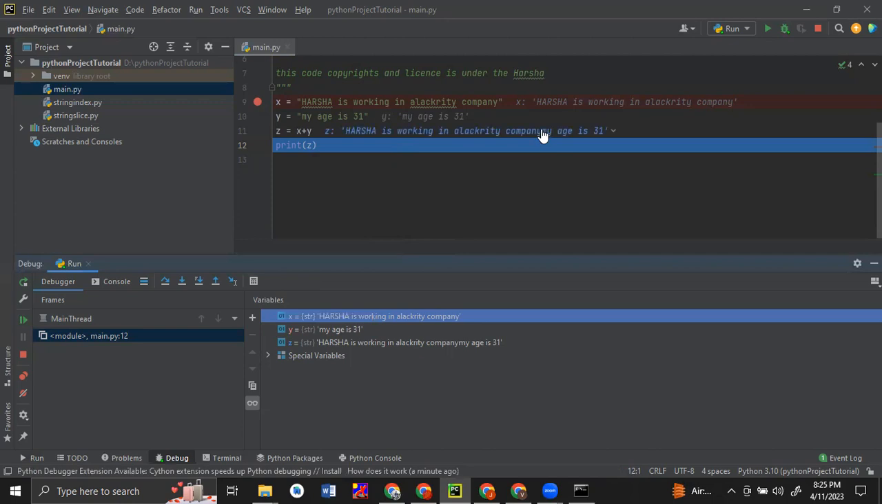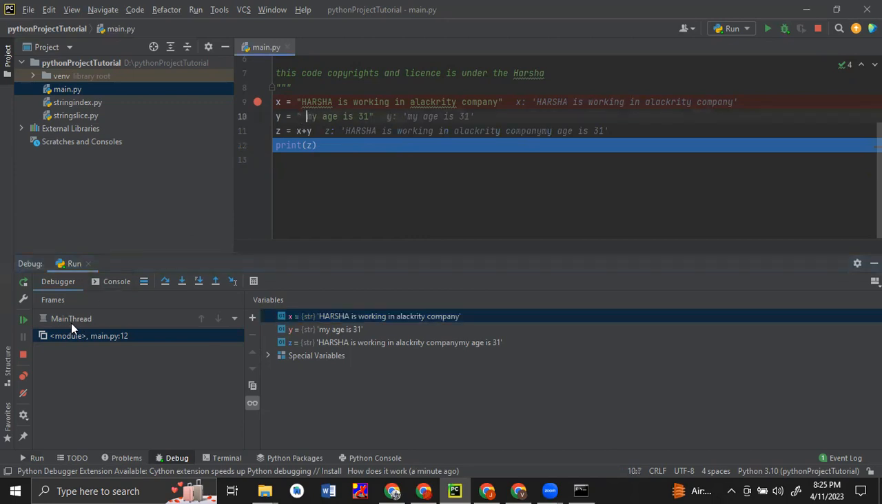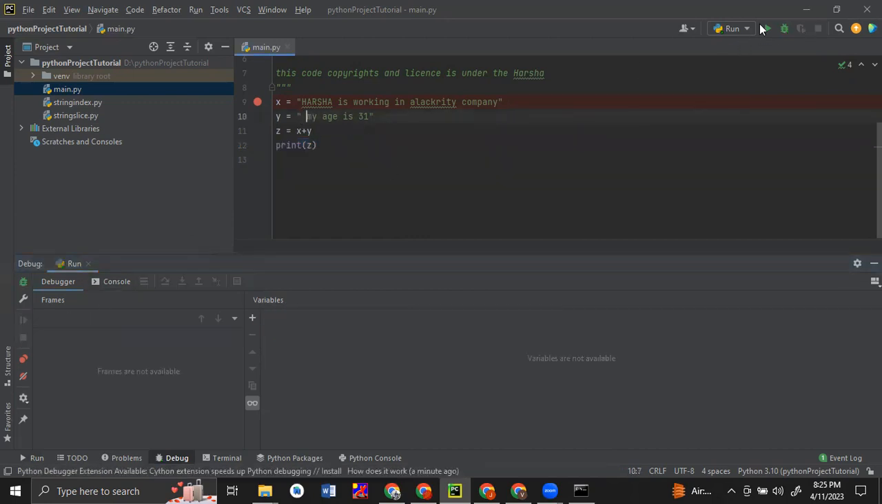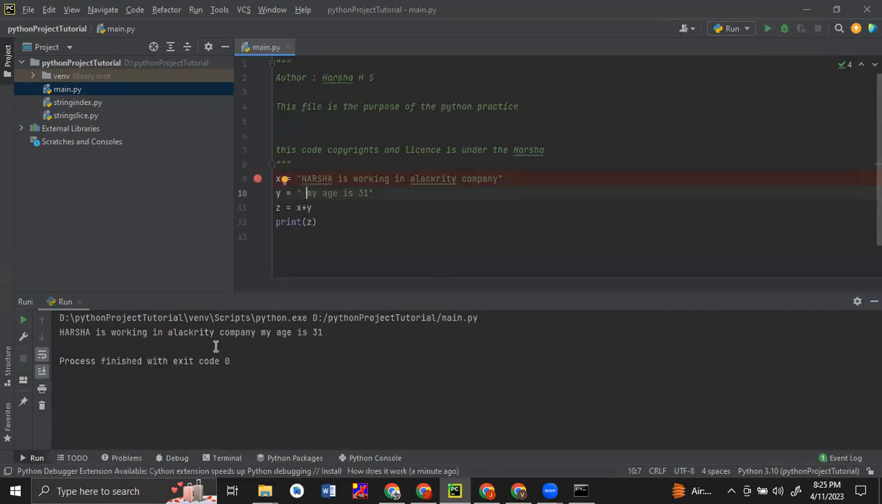So after company, there is no space. That's why it's directly appended. If you just give a space here, it will give the result with the space. So company, and there is a space here. After that, it is printing the next value. So like this, we can append the strings. Even in between, if I want a comma,